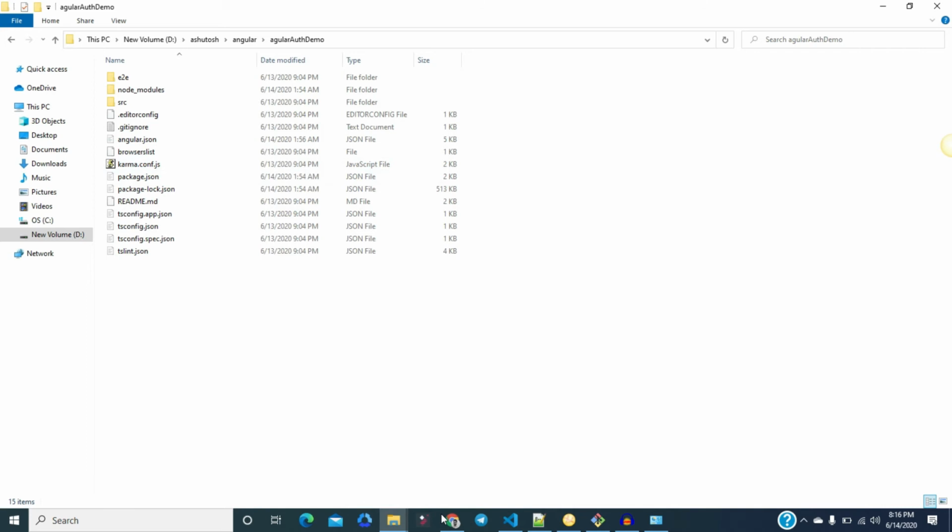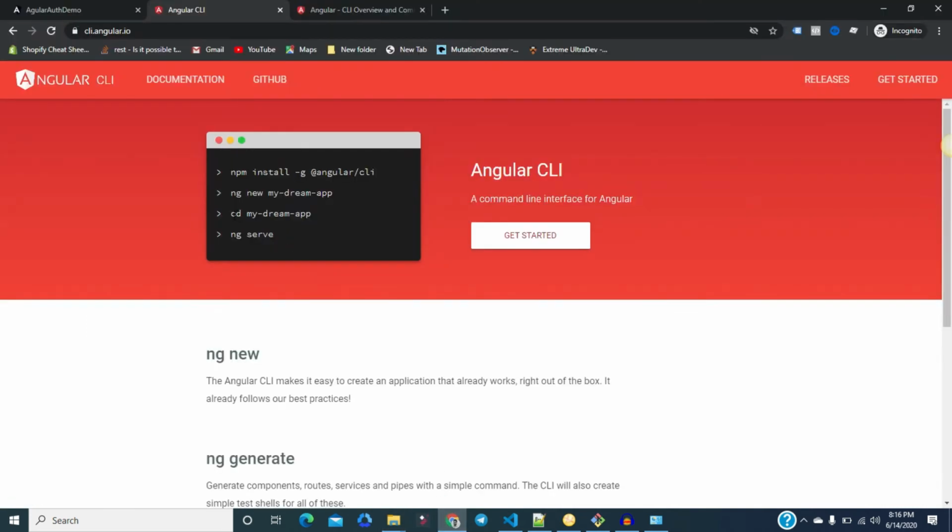Okay, so after creating the project, you need to navigate to your project directory. Using the cd command you can enter your project directory, and then you just need to write ng serve.